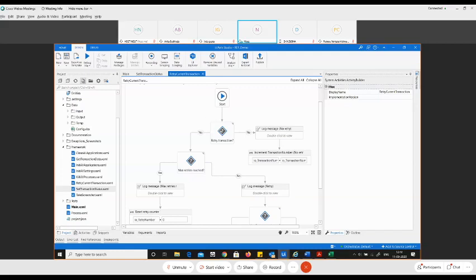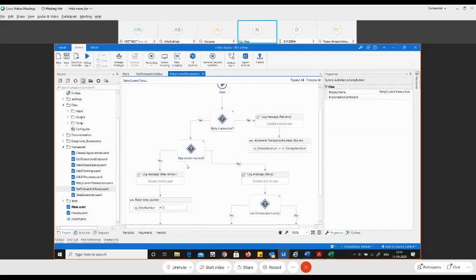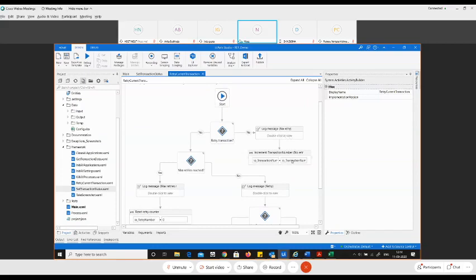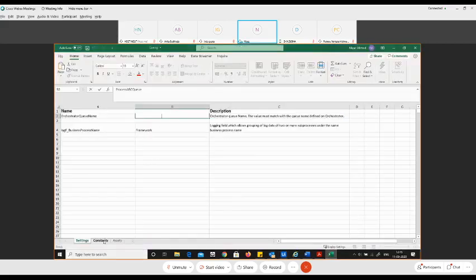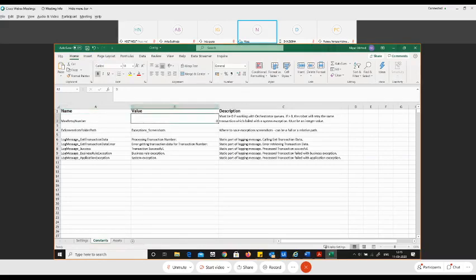So if the retry transaction item is greater than 0, then it goes again and retries, and if not, then it logs the message saying everything is done. So let us stop this application and then proceed further. So the retry mechanism purely depends upon the setting that you have configured. Either you put the setting here in the Excel file, that is, you set the number of retries, that is how many times you want that queue to be processed again.